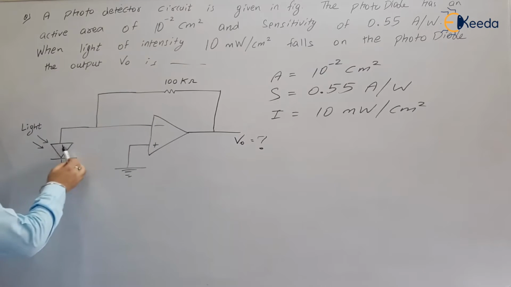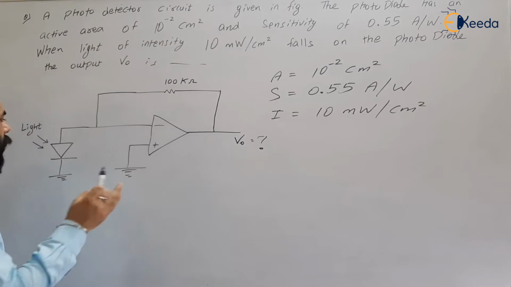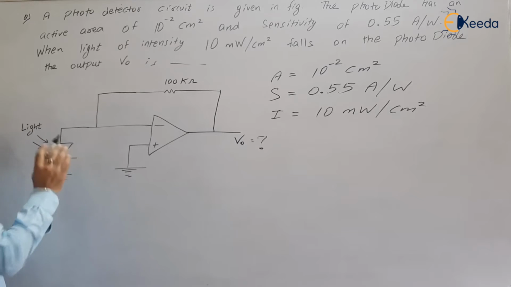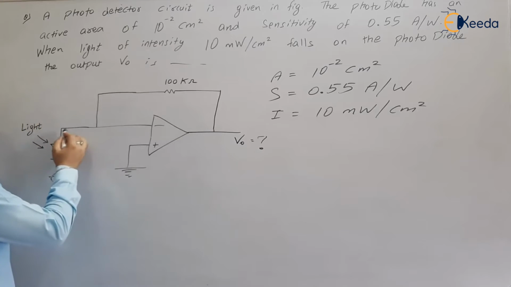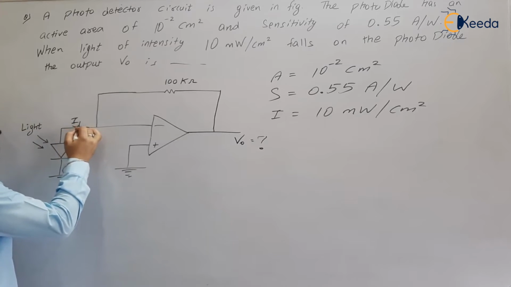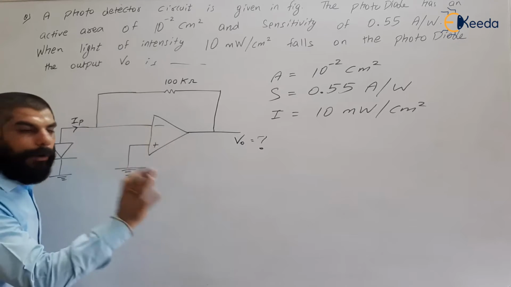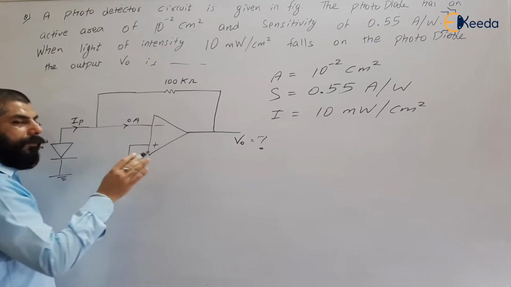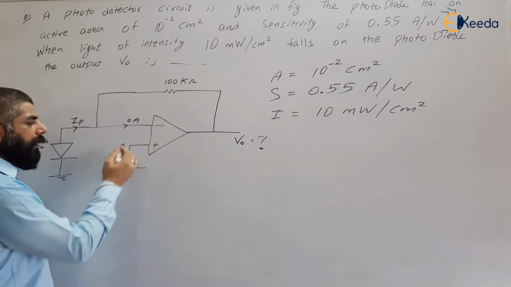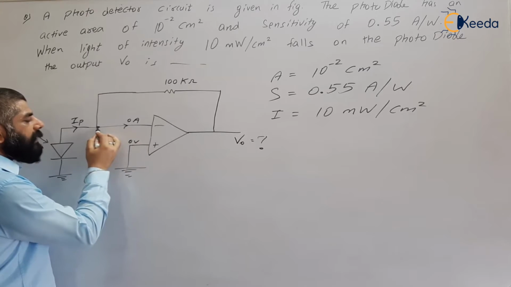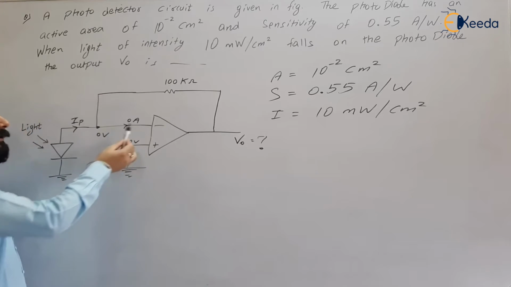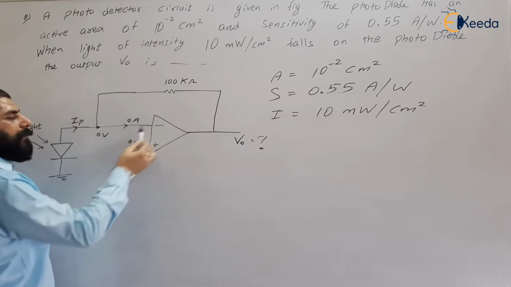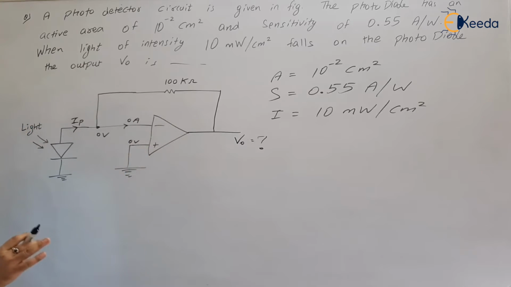Now, for the photodiode to be in operating mode, it must be in reverse bias mode, and the current which is flowing is called photocurrent. This is an ideal op amp. The current entering into the op amp will be 0 ampere, and using the concept of virtual ground, if this terminal is at 0 volt, the potential at this terminal will be 0 volt, right? So this is negative feedback and an ideal op amp, so these two quantities will be valid for the op amp.